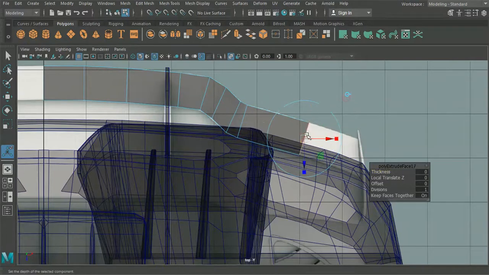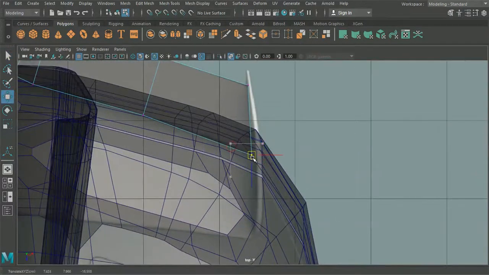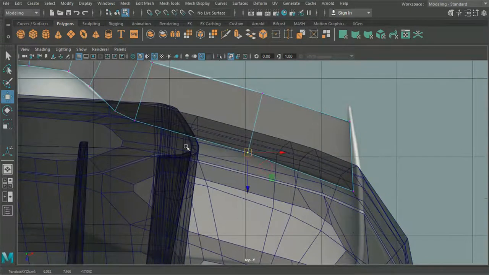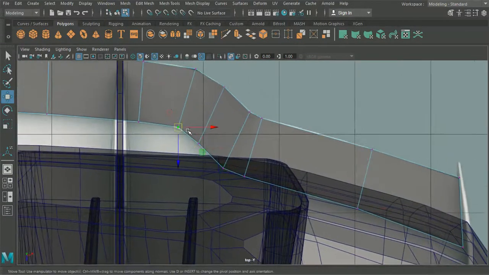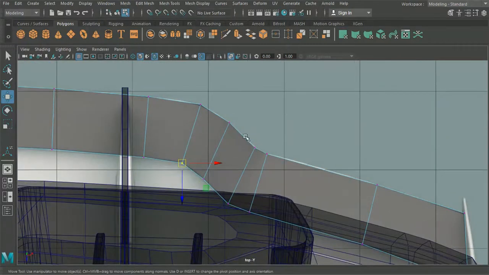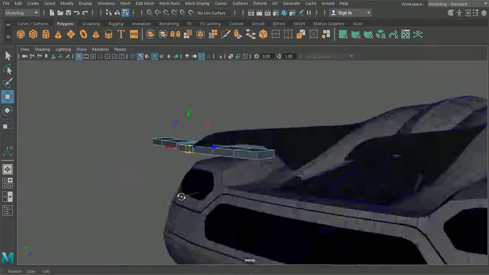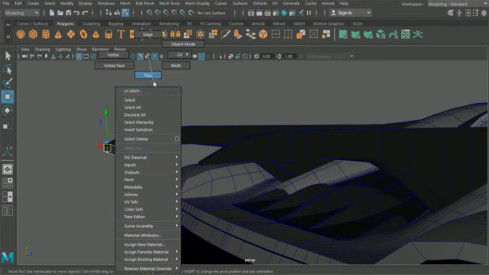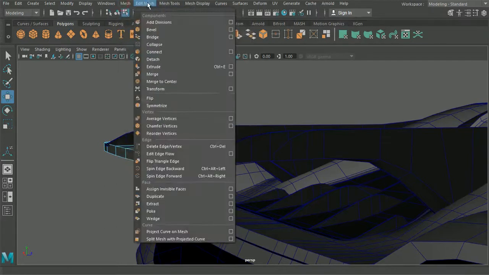Something like that. We can go in and just refine the vertices here. Okay, so that looks pretty good. I want to make sure here that we delete this face. Now what we'll do is we will